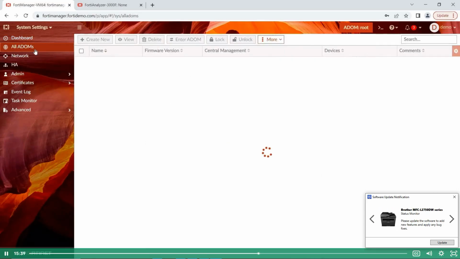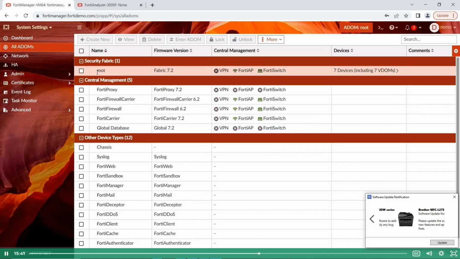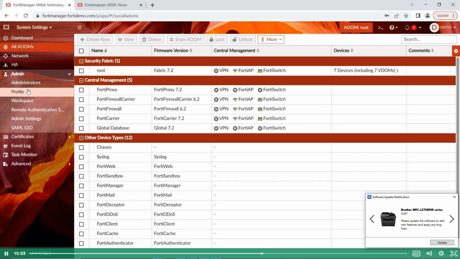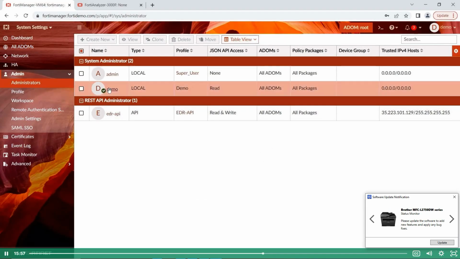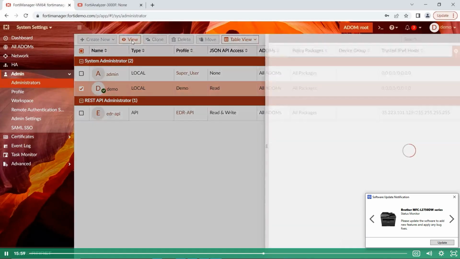So all ADOMs, here's our security fabric ADOM right here. Root. This is the one we're in. If we were going to create a new one, this would be up here labeled as create new. Now, I want to show you real quick, and we'll come back to this, but what's going on? We look at our administrator. Demo, I am the demo user. When I look here,